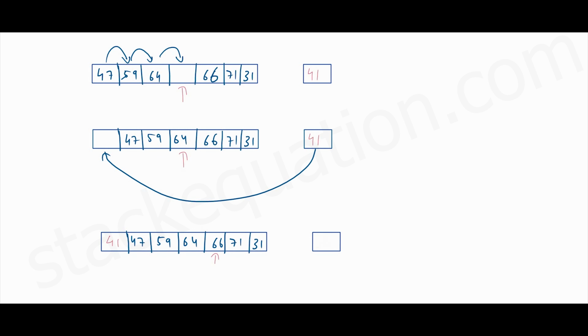So it will again be emptied, and the loop will move to the next element, 71, which will again be stored in this box, and it will be checked whether it is greater than the previous element. Yes, it is greater. So again it will be emptied, and the next element is 31, which will be stored here, and it will be compared whether it is greater than the previous element. No, it is not. So it will be kicked out from this place,